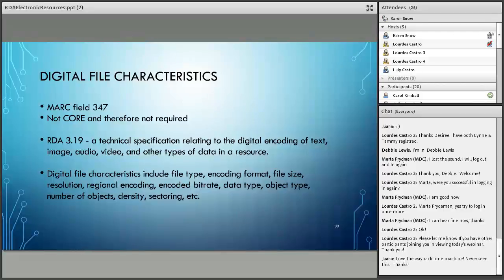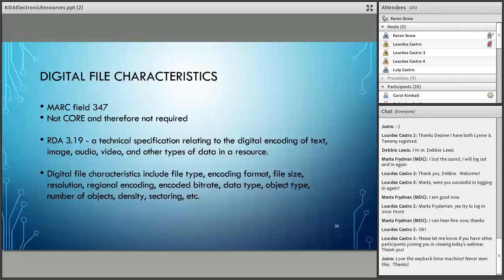It's covered in RDA 3.19. It's a technical specification relating to the digital encoding of text, image, audio, video, and other types of data in a resource. So this includes file type, encoding format, file size, resolution, regional encoding. This is why this is important for video recordings, for recording the regional encoding, encoded bit rate, and so forth.